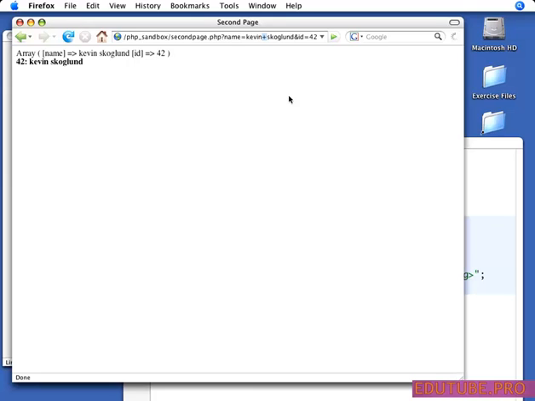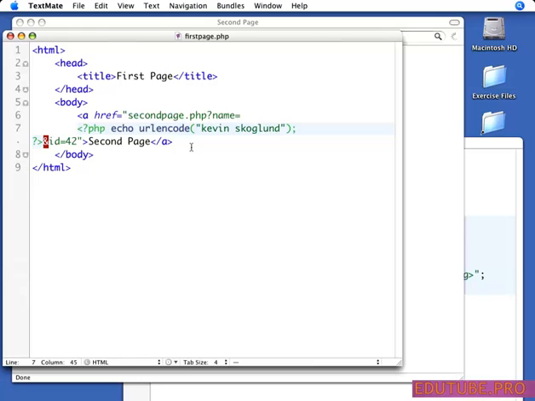So don't rely on your server to do it for you. You want to encode these values. Now you're encoding them whenever you're using a GET string. Remember, we're talking about URLs and links. When we start talking about posts in a minute, I'll remind you again, but posts do not need to be encoded or decoded. That automatically happens as part of HTML and the way browsers work. It's only these GET strings, when we have a URL or a link, when we're going to need to do